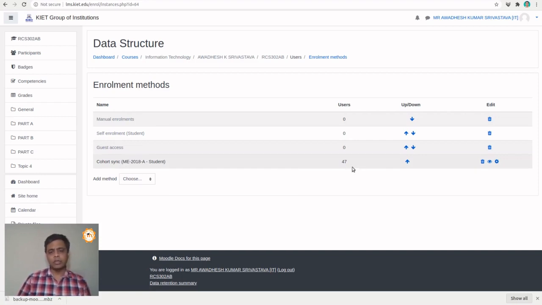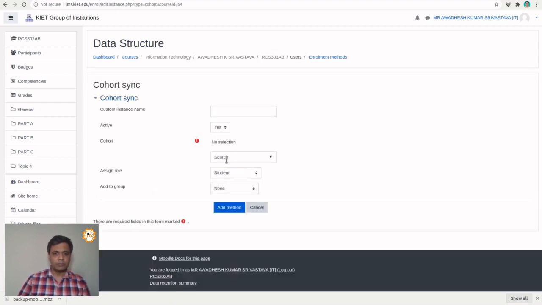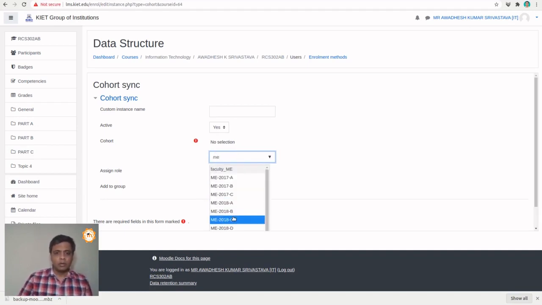Now suppose you are taking class in two different batches, maybe in the B section as well. To add the students from the B section, just repeat the process. Click on the add method drop down menu, cohort sync. In the cohort drop down menu, just type ME, not 18B.